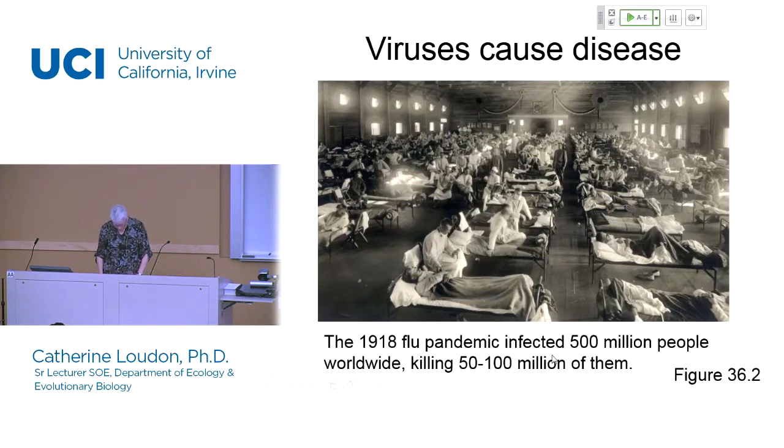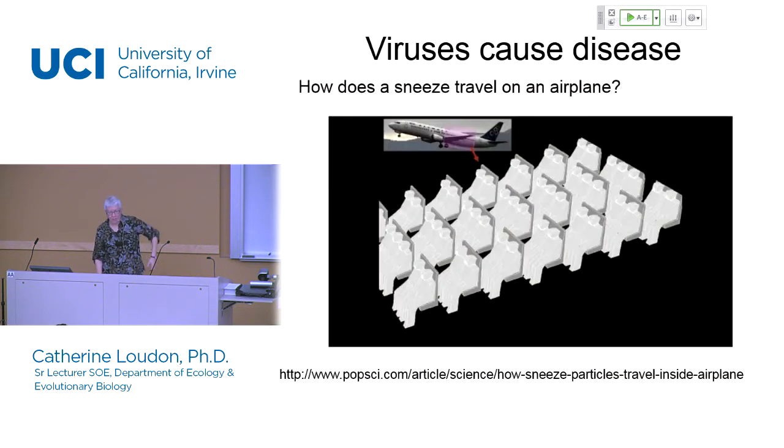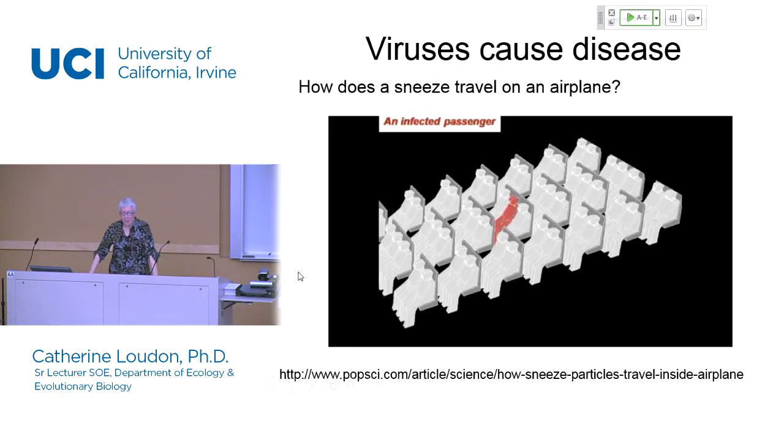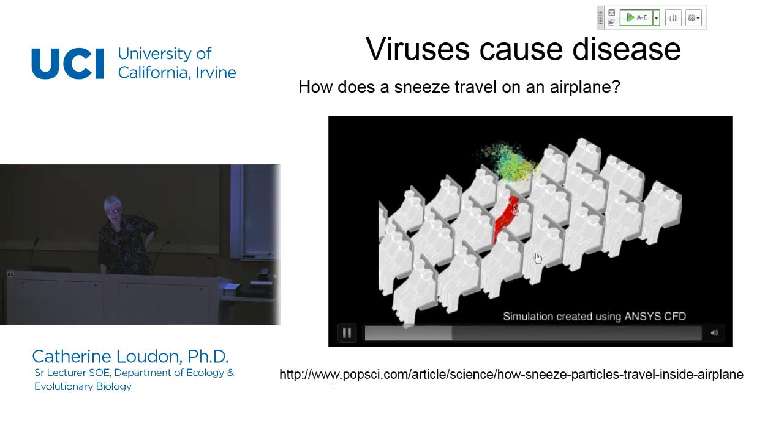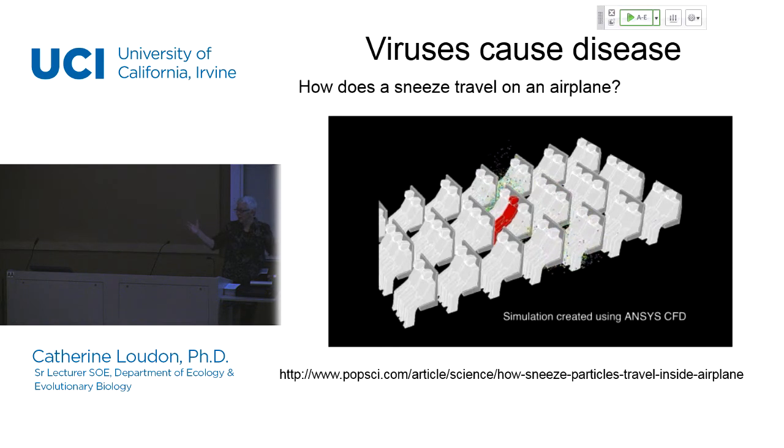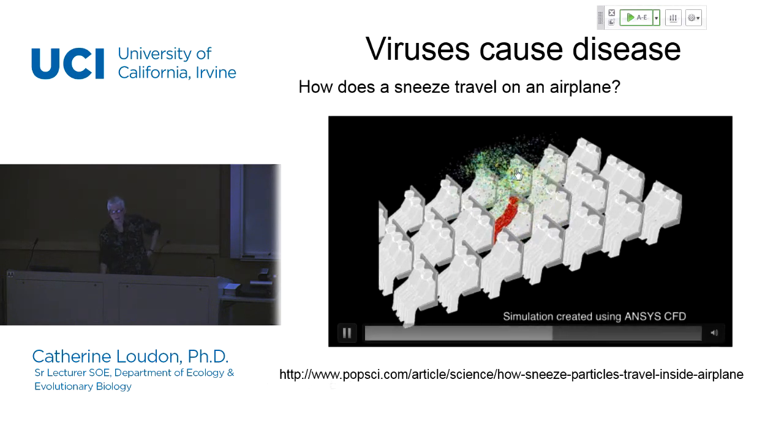So how are viruses spread? Well, I couldn't resist showing you this particular animation. These are calculations that were done by scientists who were analyzing what happens when somebody coughs or sneezes on an airplane, and how it actually spreads. Here we have a person, we're inside of a plane, and all these little dots show the spread that would be anticipated given the geometry of the inside of a plane and the circulation patterns that build up. And you can see that it's circulating around and around.